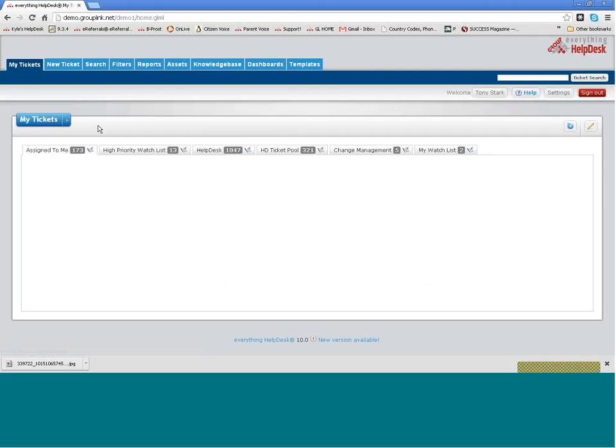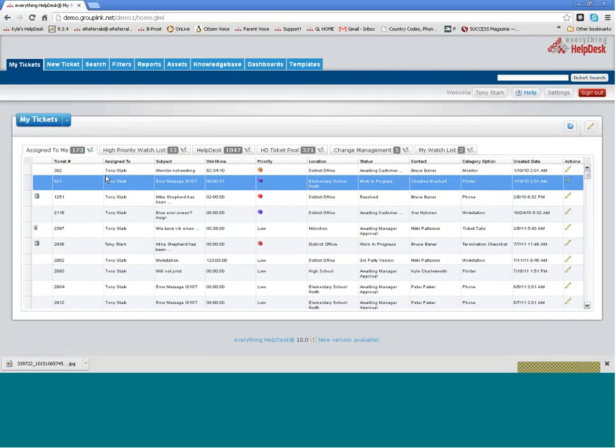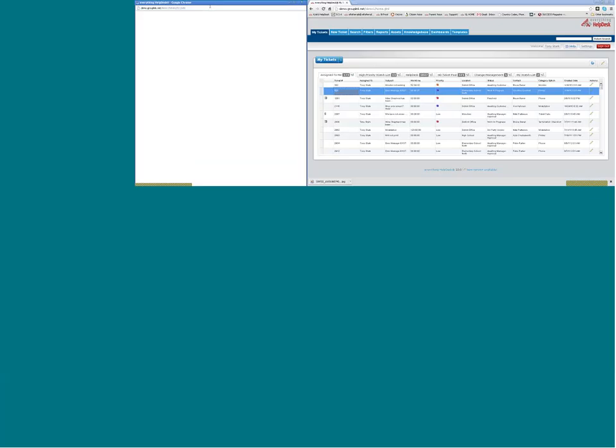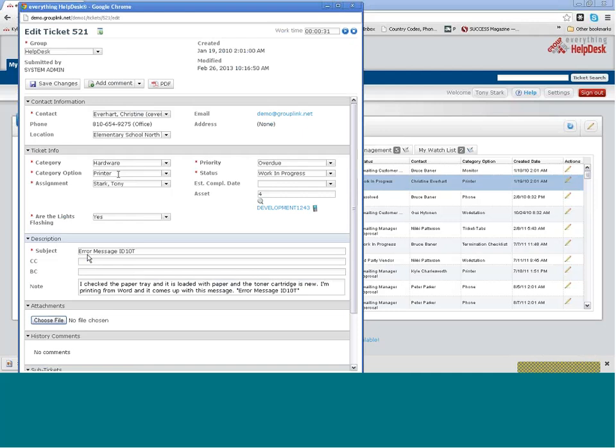Probably the most popular that I'm going to talk about now is email to ticket. So you'll notice that this portion of the ticket looks like an email. That's not by accident. We do have an email to ticket feature which monitors per group. You can have a mailbox. So if multiple departments or multiple teams can have different email, and so I can just email the help desk